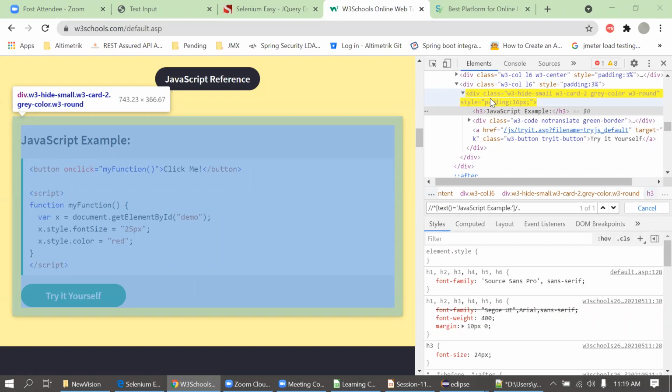No, because this class name is provided by the developer. If the developer changes that, then only your test case will fail. I'm getting your point, but suppose it is not getting changed, and we don't know whether it will change or not. Sometimes class names like w3-height, w3-small don't work. Have you ever encountered it? No, actually. It will work every time. If it is working the first time, it will work every time. It will not fail because of this issue.